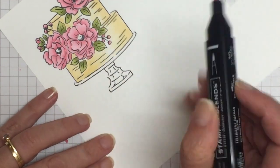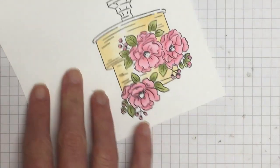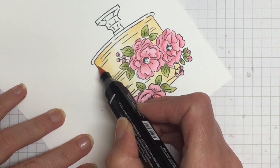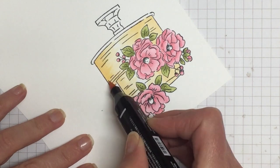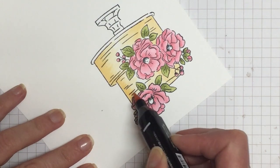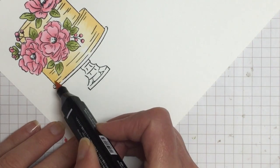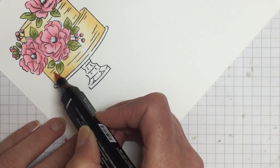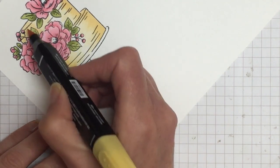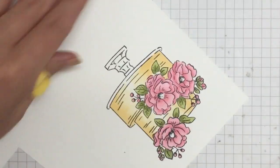It gets a bit tricky when you've got a bit of foliage going on, so that way you've got a little bit of cake shine going on. And then all I do is come back again with my dark and just flick a little bit more, but not so far in. Swing around, and the same. I can flick a little bit further in on this side because my line isn't right in the center, it's probably two thirds, so I can flick a little bit more over there. And then I probably just come around one more time,